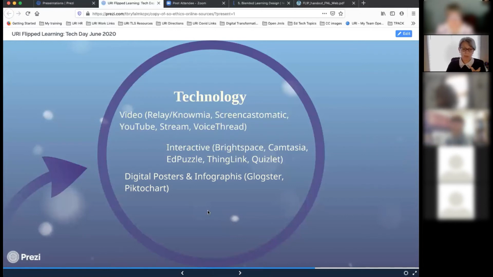Digital posters now I want to talk about. Digital posters are a great thing to have students do in flipped learning, having them working on content or information outside of the classroom so that, again, you're saving that limited face-to-face time for those interactive in-person things that you want to do. I had students when I taught,